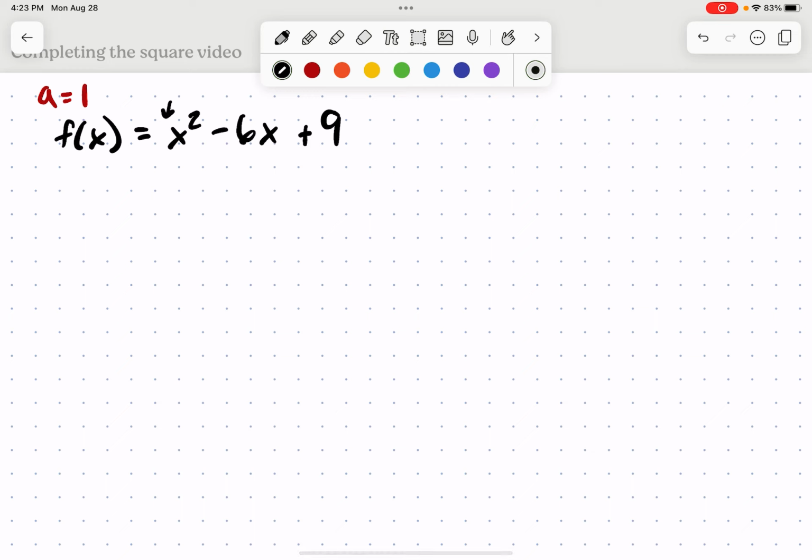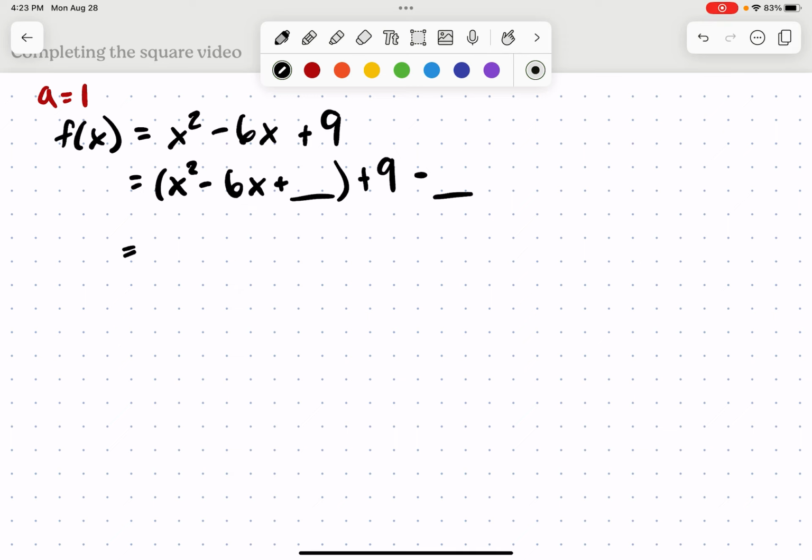So that means our leading coefficient, the coefficient of the x squared term, is equal to 1, or there's nothing there at all. That's the same thing. So our goal is to get this perfect squared term, which means there's going to be a perfect square trinomial. And so we're going to create that perfect square trinomial out of the first two terms. Some other term will add in, and then to keep both sides of the equation, quote unquote, equal, we'll subtract out what we added in inside of that. So the first section in parentheses will turn out to be a perfect square trinomial that we can reduce to be a